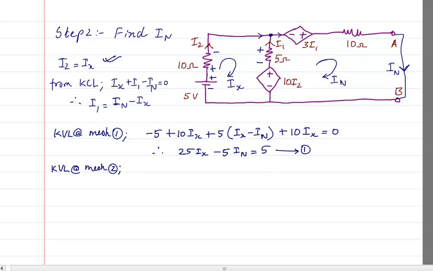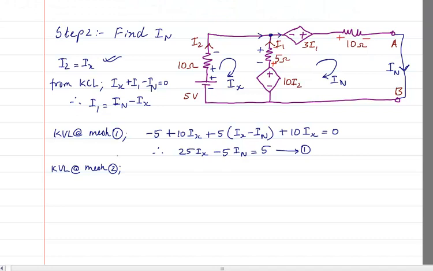What is the KVL at mesh 2? So again, In direction. Because In is the mesh I am talking about, this will be entering current plus minus. Here this will be the entering point and this will be the leaving point for current In. So it is plus minus like this. There are no other things. Right now again there are 4 voltages: one because of this one, another because of this, and the last because of this. So 4 voltages we have to write.